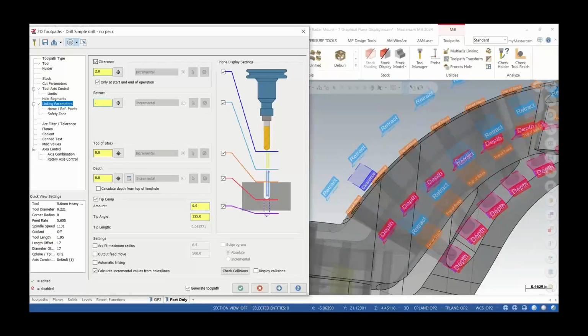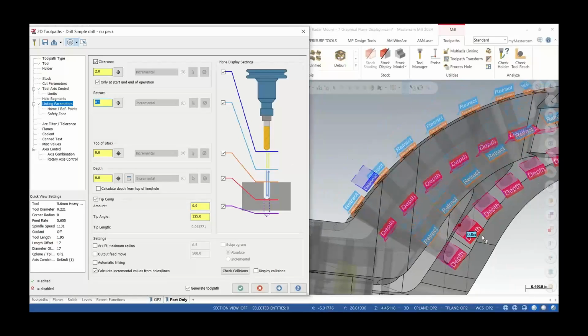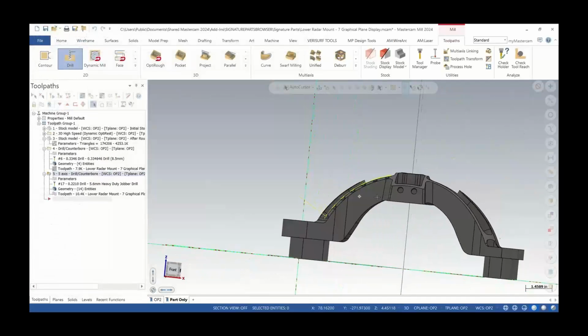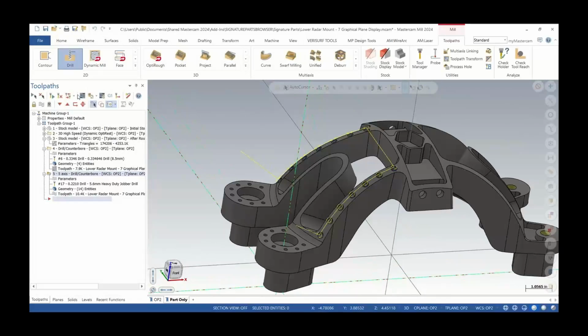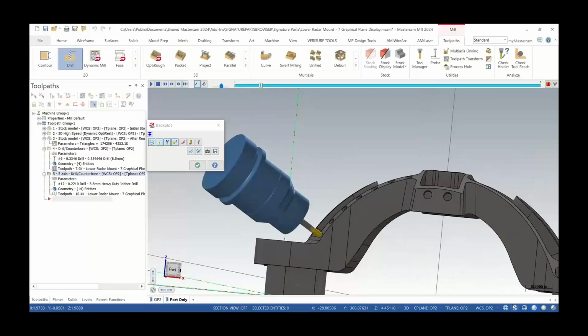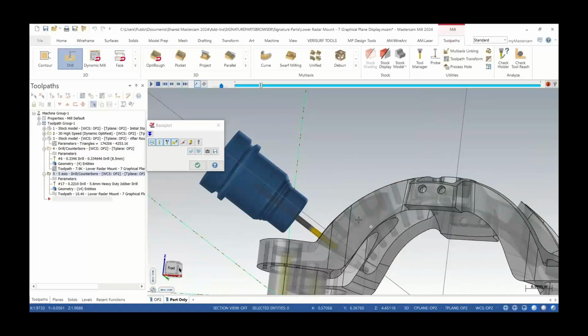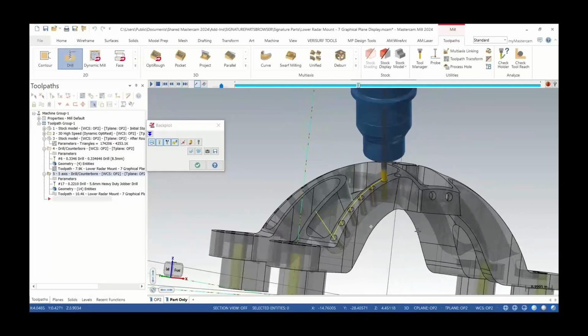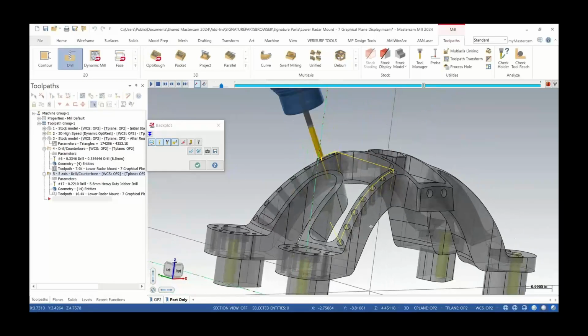Maybe I shorten my retract to 0.1, so we get a nice immediate feedback of those relations. And I'll hit the green check mark. So if I backplot it, as you can see, respecting those depths, 0.1 retract,